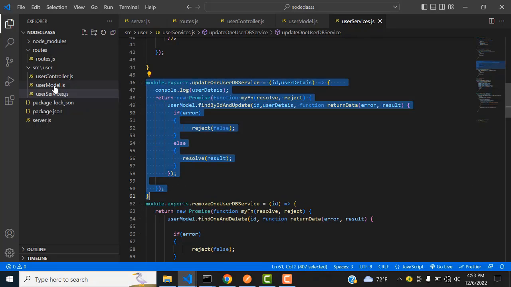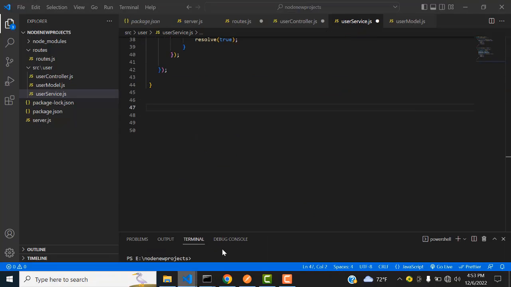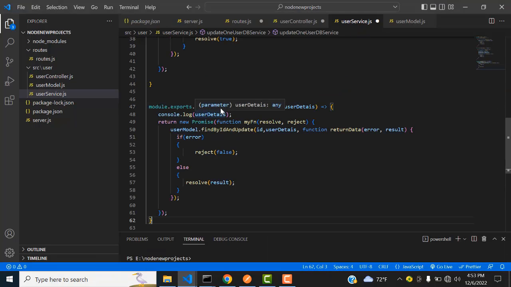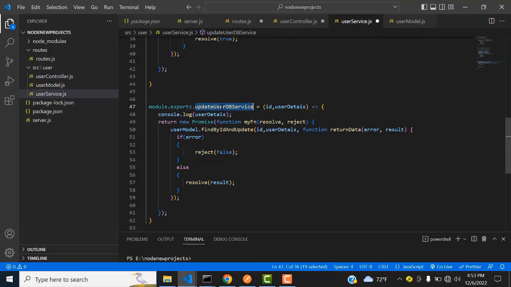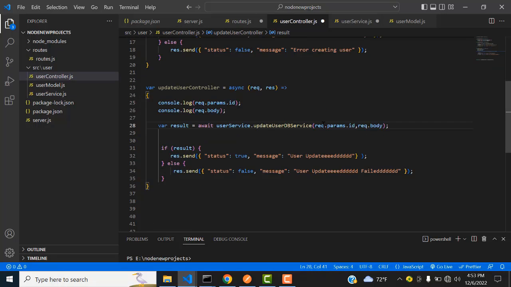Paste it, copy it. I'm going to just paste it over here, passing the request to update user. This is the function I have written, update user. When we call this controller, it comes to update user, gets the particular ID and body details. Here it will be passing the request parameters, ID and body, meaning the details,